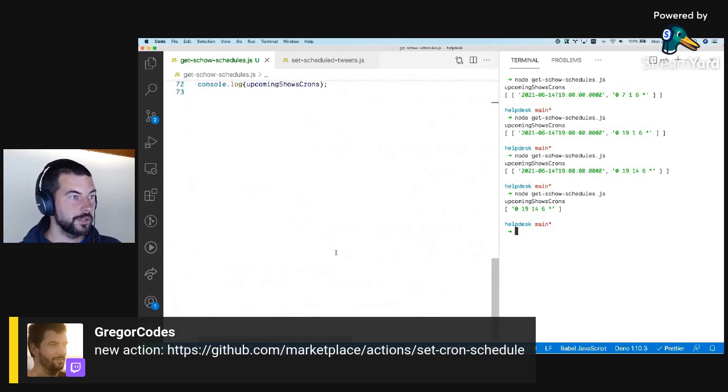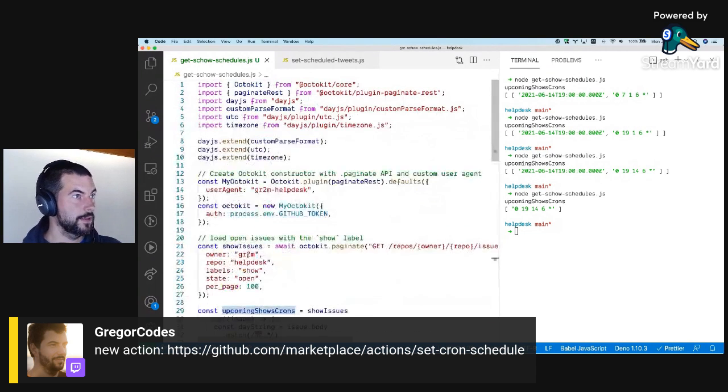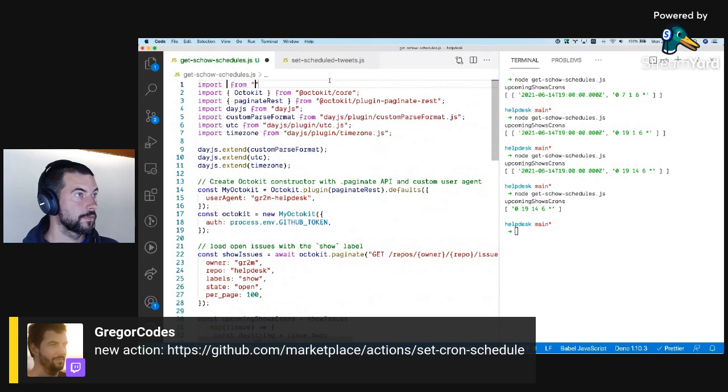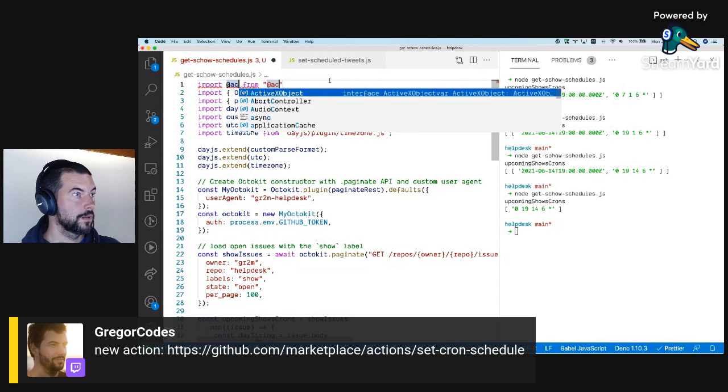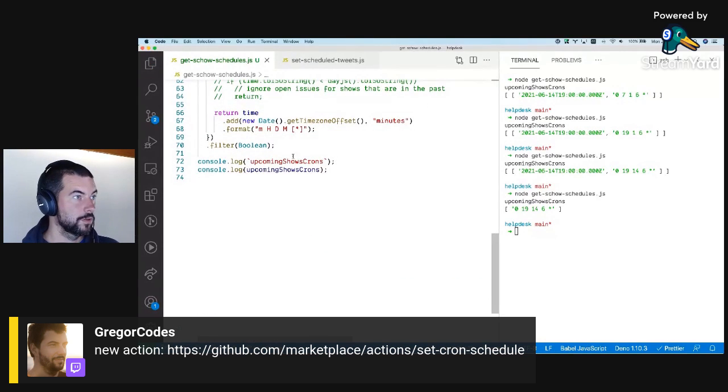So here is basically the schedule now. And I can use action score. Score.